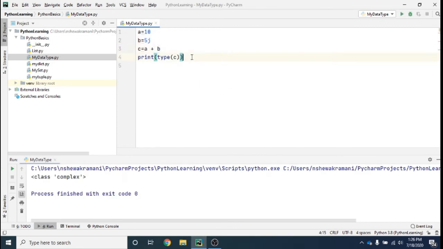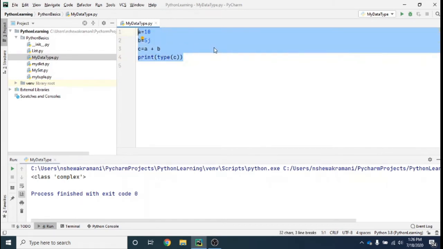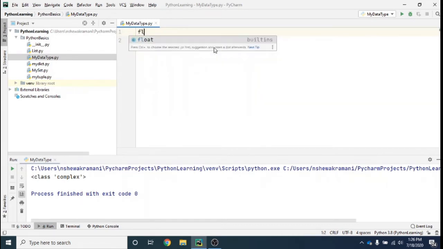Okay, now there is another data type, which is boolean. Let's see that. Say there is a variable flag equal to, and I am doing some kind of logic in my program, and in that I need to see if one number is greater than the second number or not.